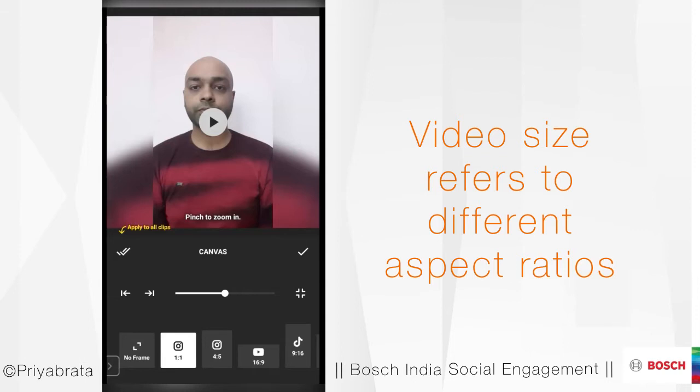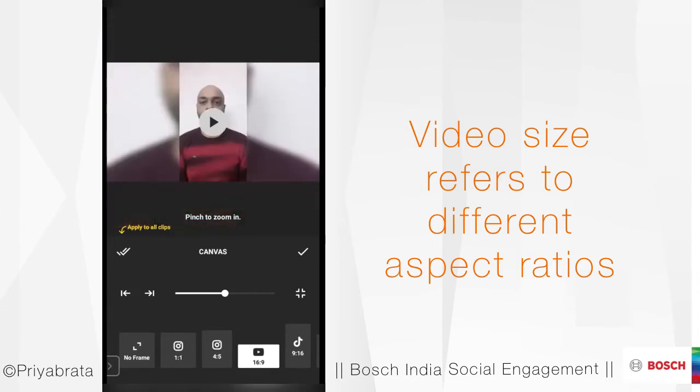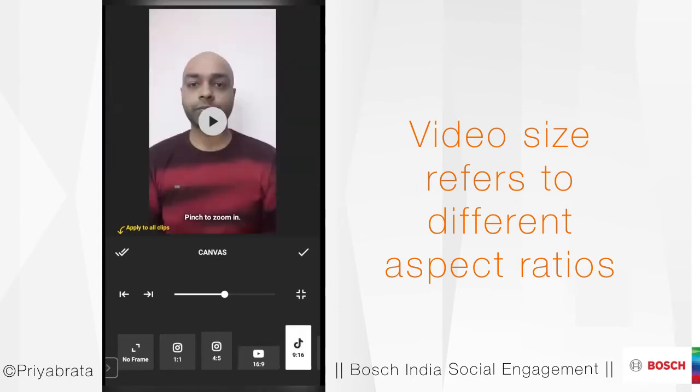Always shoot horizontally, right? Shoot in landscape mode, because then this standing thing will not happen. Why? Because the majority of video playing platforms play in 16:9, which is our TV ratio, our YouTube ratio, our laptop ratio. Every video on any video playing platform plays on 16:9. Now, since this is a 9:16 one, I will work on 9:16.